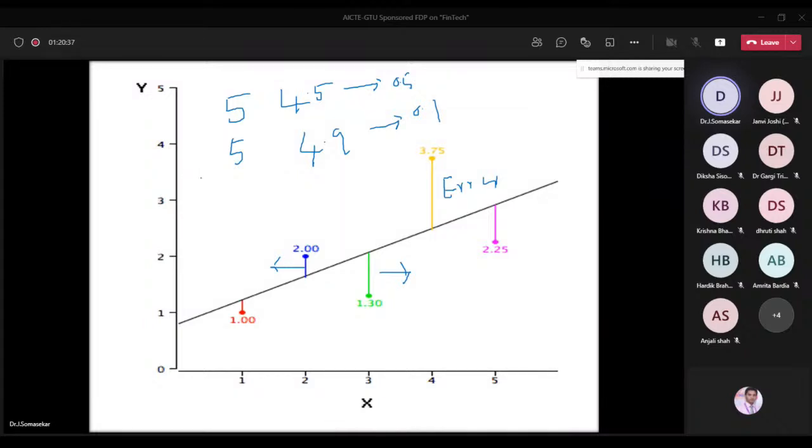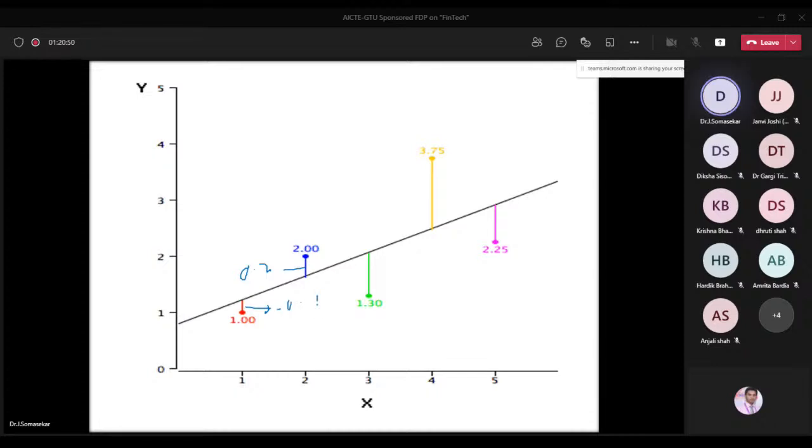Always make sure that the error is always minimum. And one more problem is, suppose the error here is, let us assume, 0.2. Here the error is minus 0.1. Here the error is negative, meaning the actual data point is 5 and the predicted data point is 5.6. Then what is the error? Minus 0.6. So that is the meaning of negative error. So this is also a negative error, and this is a positive error. This is a negative error. So some errors are positive, some errors are negative.